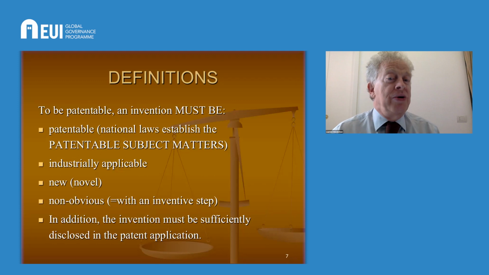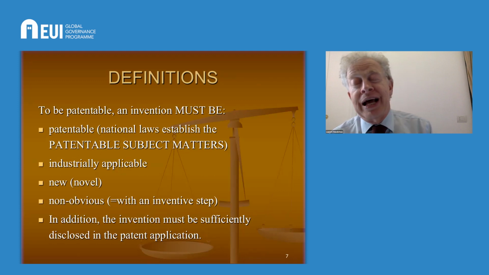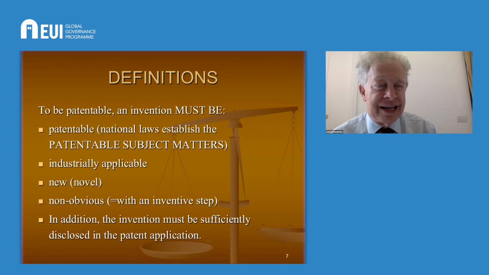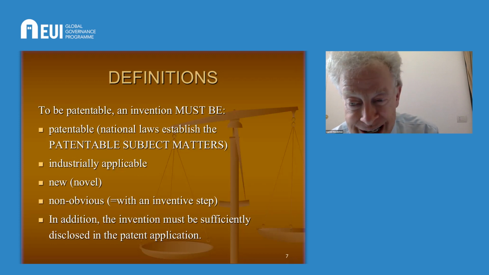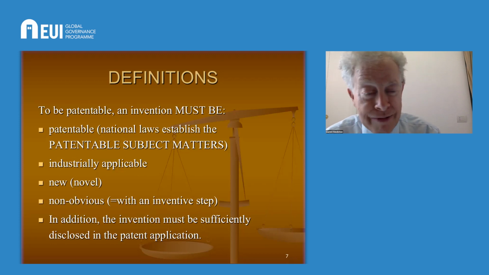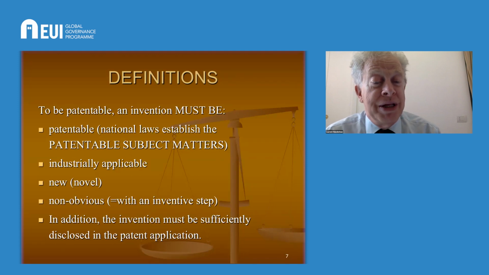An invention to be patentable should be industrially applicable. Why? Because science could not be hijacked into theoretical science. An invention should be new, which means it should not already exist. And thanks precisely to databases with tens of millions of documents and also artificial intelligence, it is easier for a patent office than even 5 or 10 years ago to determine whether an invention corresponds to something that exists already, because of the internet connection between the IP offices of the world. The invention should be not obvious for an average specialist in the field.